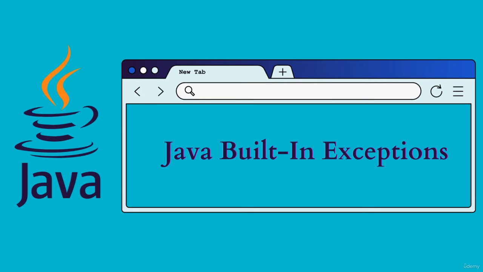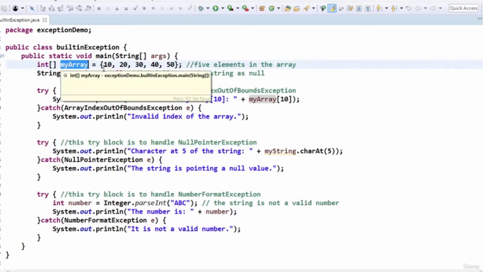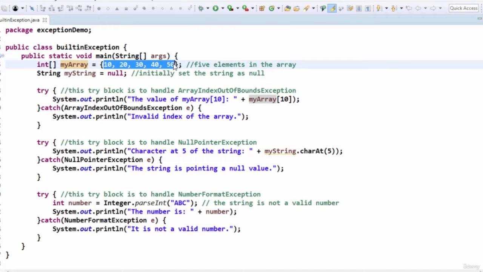In this video, we are going to discuss built-in exceptions. Here in this Java program, I have defined one integer array. The name of the array is myArray, which has 5 consecutive locations. So 5 elements we have put into this array, and during initialization of this array, we have also mentioned the